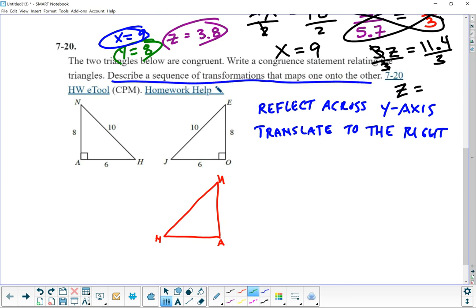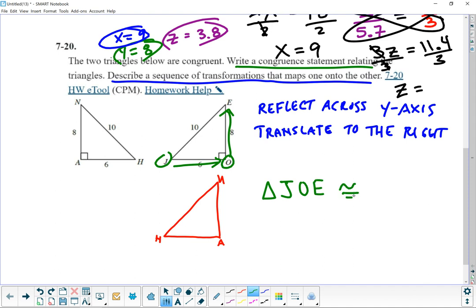Now I'm going to write a congruence statement. Notice where each of the letters are. J and H are in the same spot because I did the transformation. A and O are in the same spot. And N is backwards, but N and E are in the same spot. When I write it down, I have to write it in the same order. So I'm going to start with J to O to E. You can go any order you want, but I'm just going to do that. J-O-E. So I'm going to say triangle J-O-E